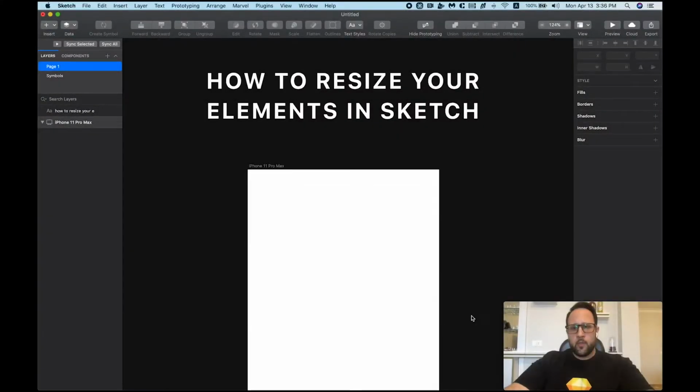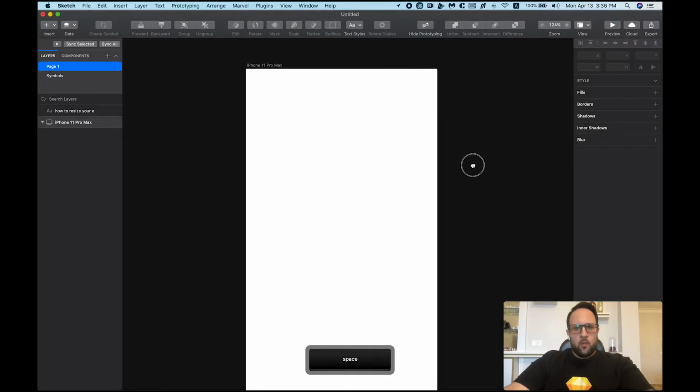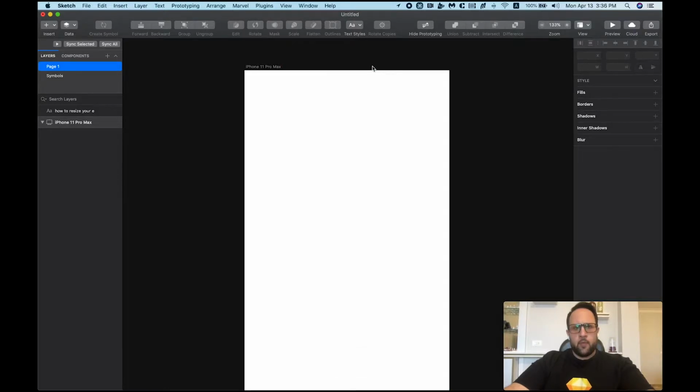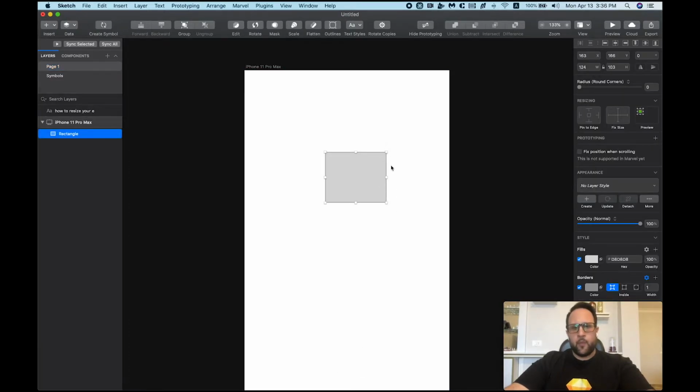So here we are inside of Sketch. Let's start by creating our layers and resizing them. So here I have this iPhone 11 Pro Max artboard. It really doesn't matter which artboard you have. So I'm going to press the shortcut R and create my first rectangle, remove its border and center it to